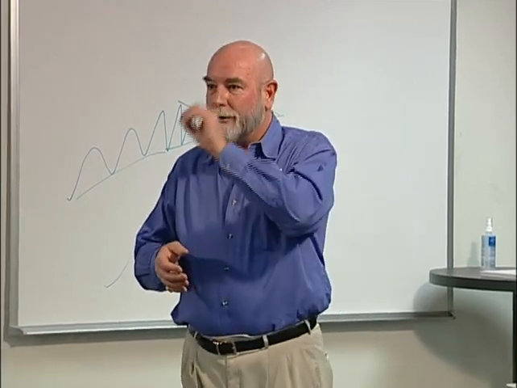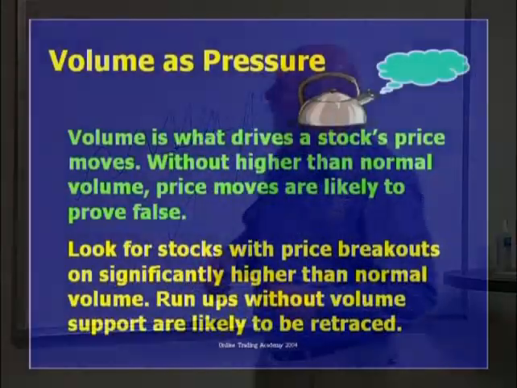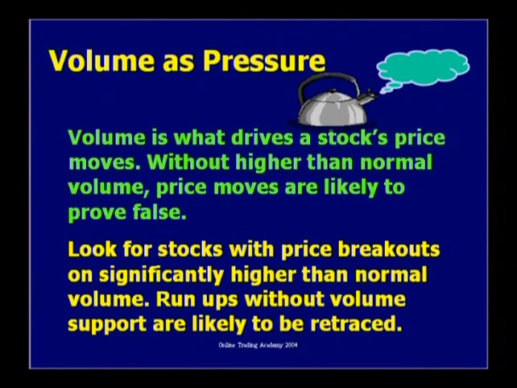What makes the lyrics work is the melody, the strength of the music, the underlying beat and everything else that comprises a song, okay? So volume is what drives a stock's price. It cannot go up without strong volume. It cannot go down without strong volume, okay? Now, price can drift down on low volume just due to apathy and the fact that what? Fear is always a little bit greater than greed. So if there's a lack of volume, price will slowly drift down a little bit because there's always somebody who's just a little bit more fearful than they are greedy,